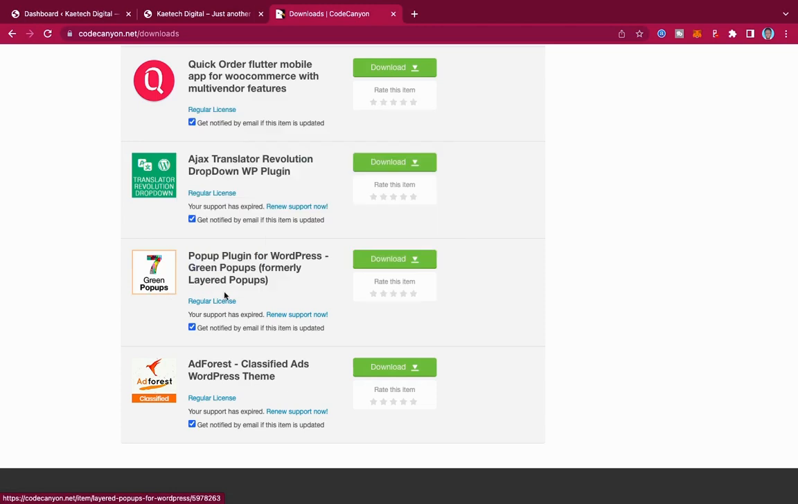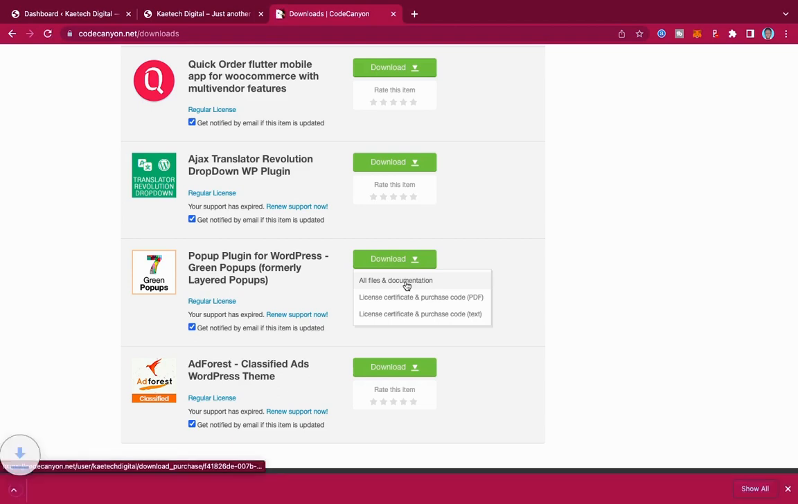When you purchase it, it's going to come to your downloads over here, and then click on downloads and just download all files and documentation. Click on download all files and documentation to download the plugin for you. Of course I've already downloaded it, so I'm going to cancel it. I won't download it. Now if you finish downloading it, go back to your